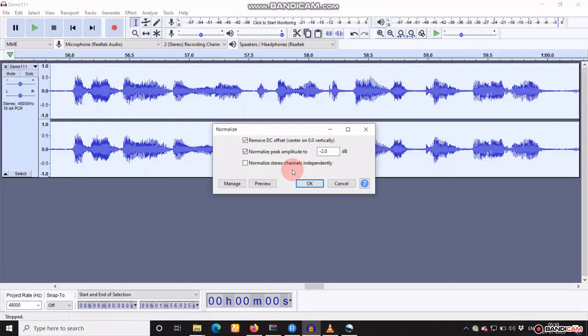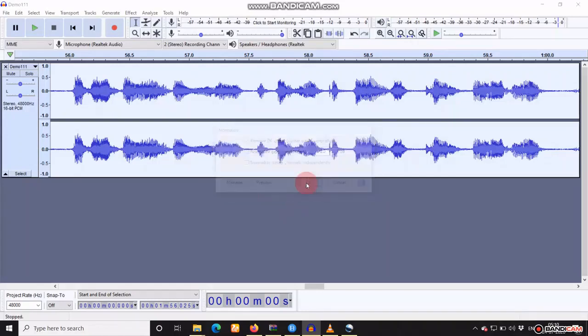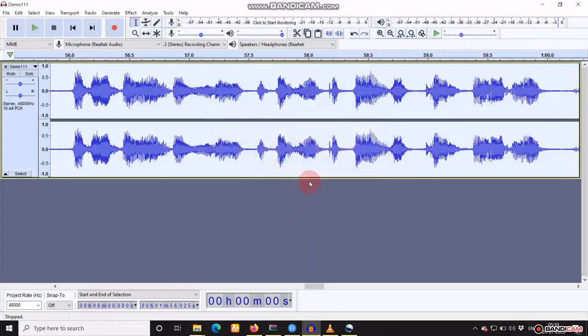Normalization means applying a constant amount of gain in order to bring peaks up to a target level. Click on Preview and then click on OK. Now normalization has been done.